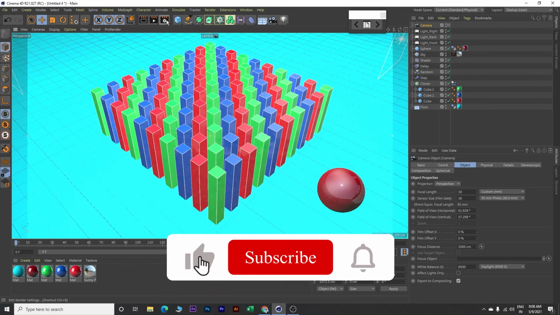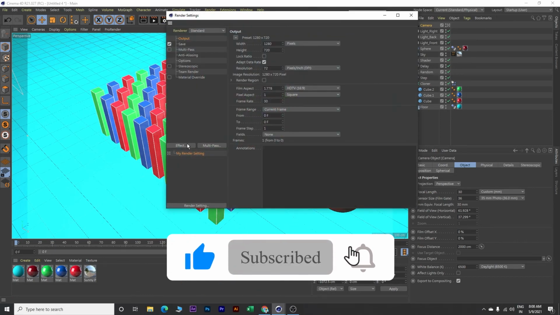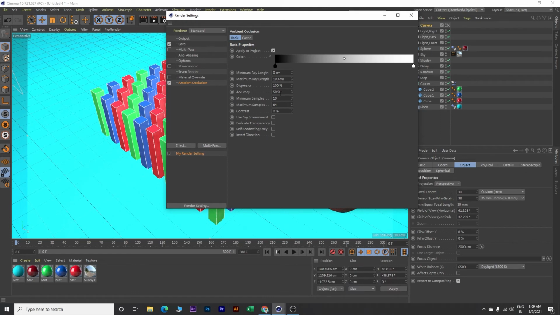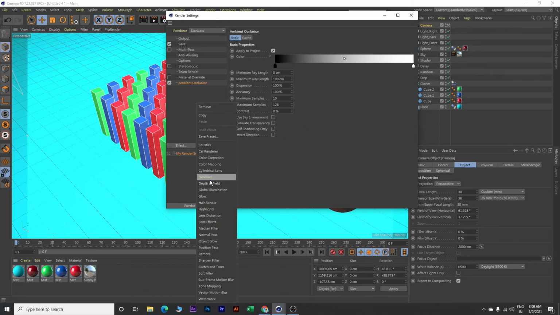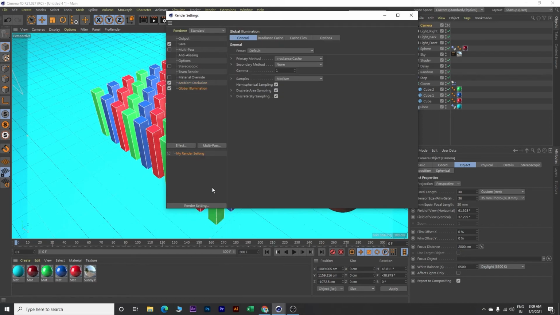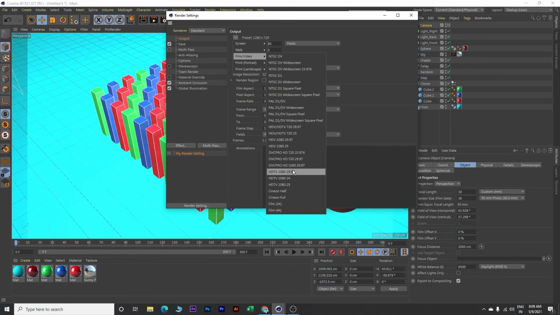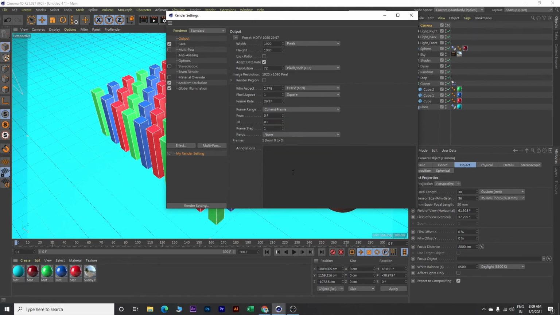So click on this render setting button over here, go to effect and bring in ambient occlusion, accuracy, change it to 100%, minimum sample, change it to 128, go to effect and bring in global illumination and on samples change it to high, then go to output, change this preset to film video HDTV 1080 and on